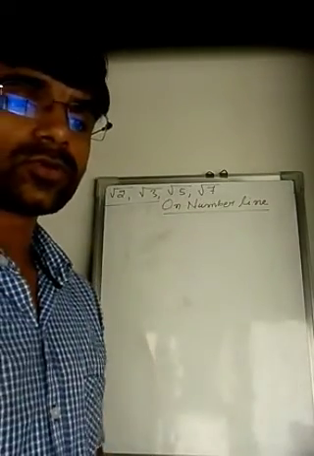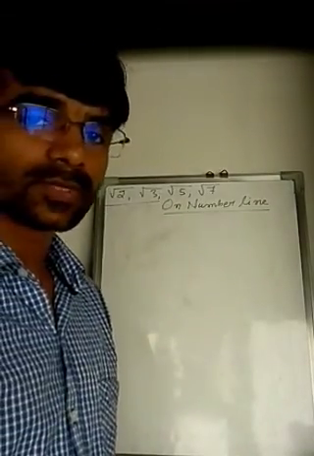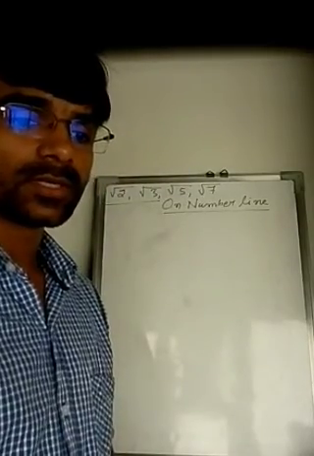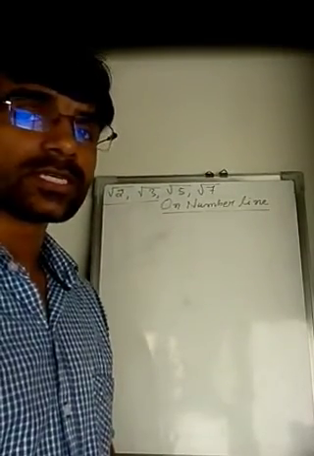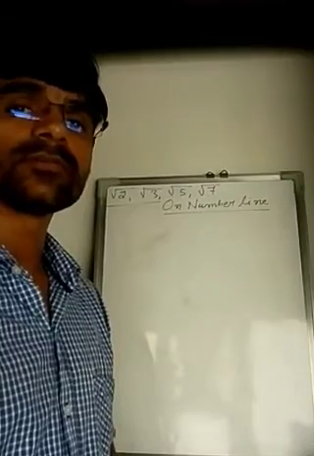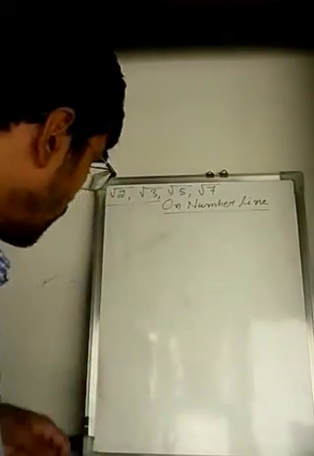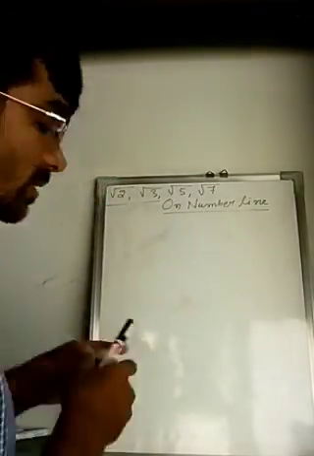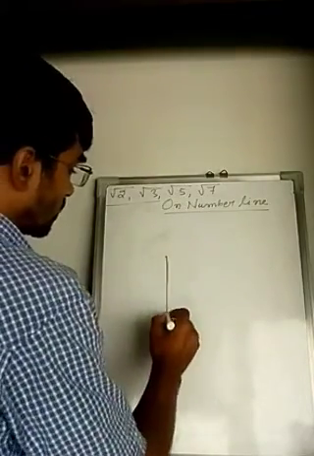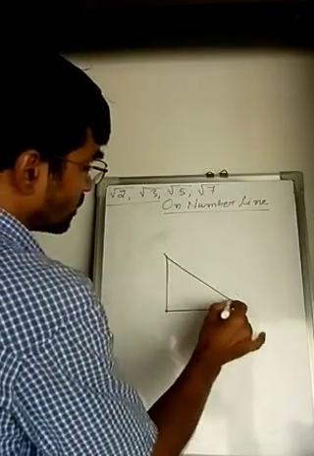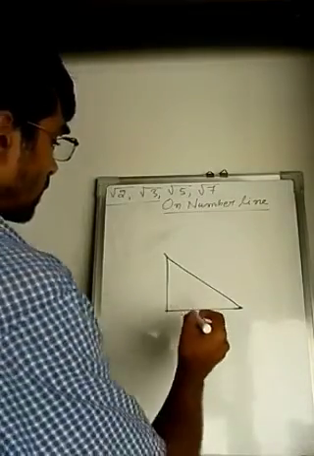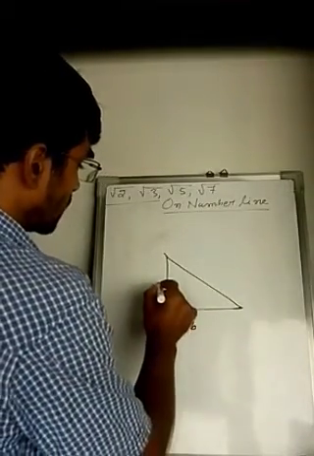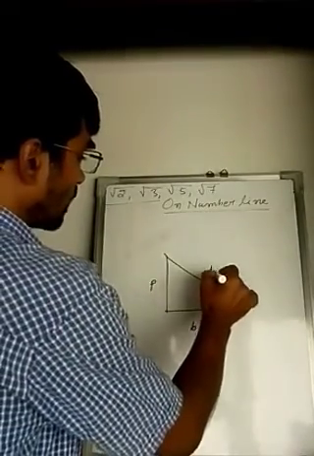So before that we should know what we mean by Pythagoras theorem. We know in Pythagoras theorem the hypotenuse square is equal to the sum of the squares of the perpendicular and base. If I present them on a right angle triangle, this one is a right angle triangle. Here this one is the base and this one is the perpendicular, then this one will be the hypotenuse.